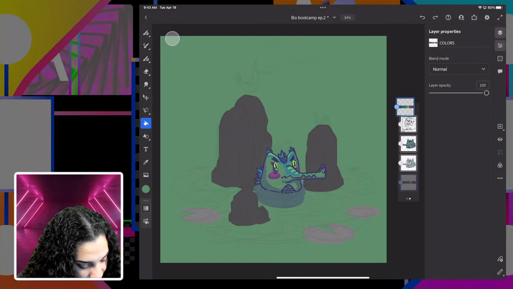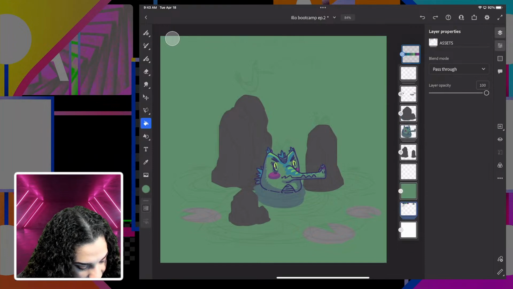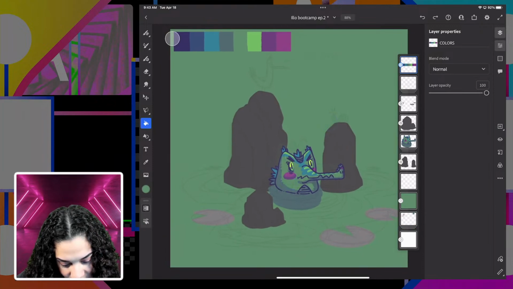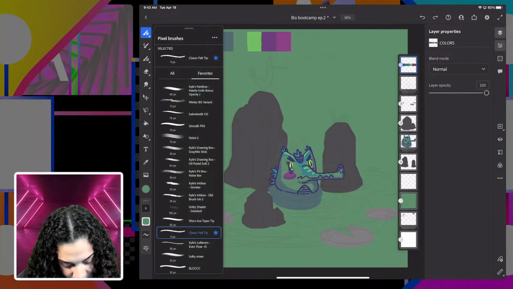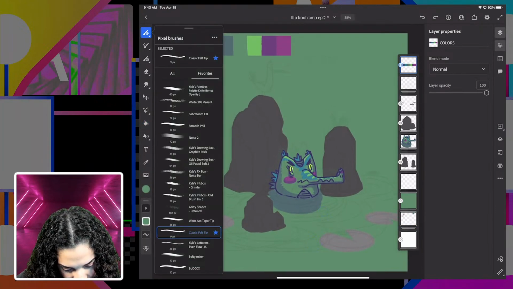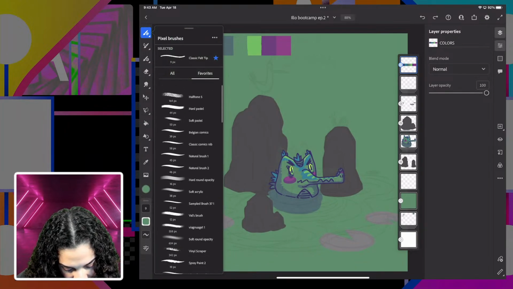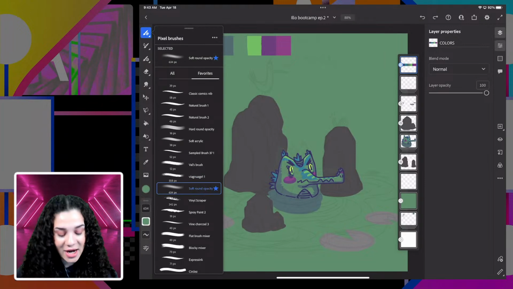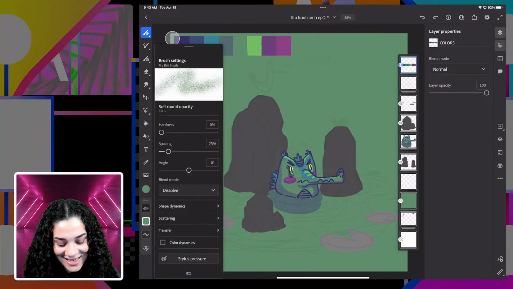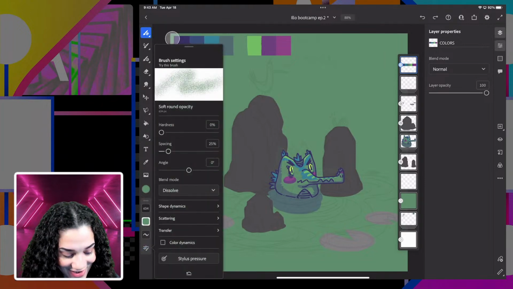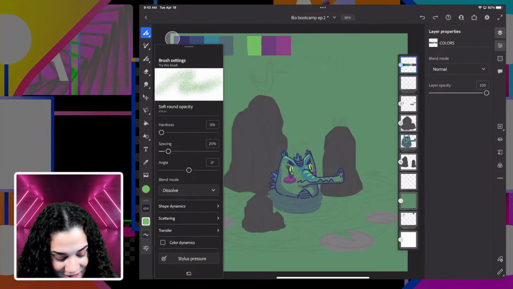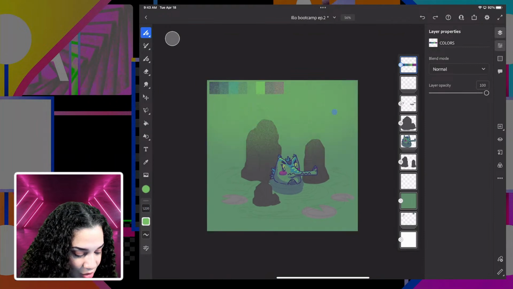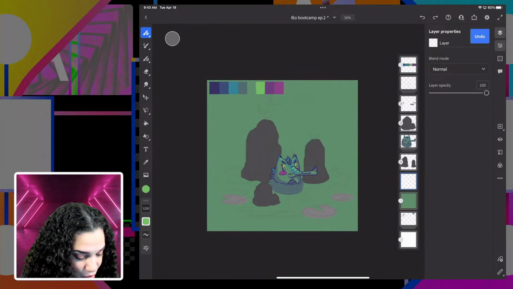And I'm also going to bring our color palette out here. So let's go ahead and grab a brush. I'm gonna grab my soft round brush, excuse me. And I'm gonna do that thing that you guys have never seen me do before, and that is use my handy dandy dissolve brush here in Fresco. So I think grabbing this light green would be really cool, and just kind of coming in with some brightness,